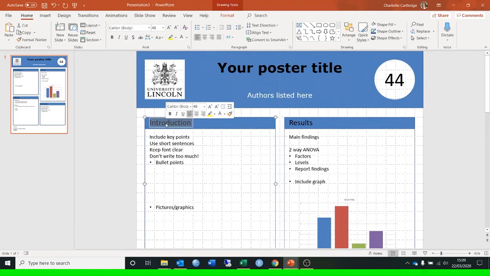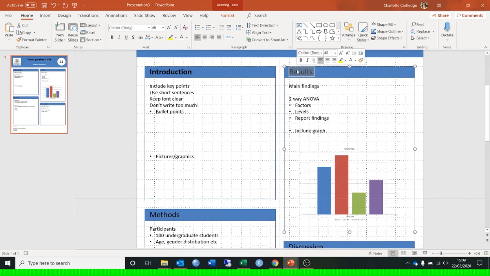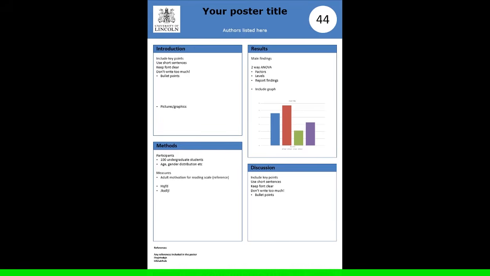Now the other thing I wanted to do maybe was to make these headings bold. Let's see what that looks like. Yeah, I think they look better bold. So let's make all of our headings bold. Same with that one. And then let's have a look. Yeah, I like that. Obviously there will be more information on yours once you have included all of the points,